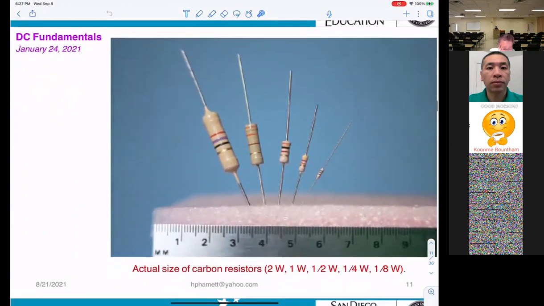Here is another type of different resistor. You see 1, 2, 3, 4, 5. So basically the bigger the size, the more watts it can carry. This can carry up to 2 watt. And this is 1 watt, half watt, quarter watt. Okay, 1/8 of a watt. That means this example is only a quarter or a half watt. If you apply more current, it will cook the resistor. Okay, they are just telling you that the bigger size can handle more power. Okay,